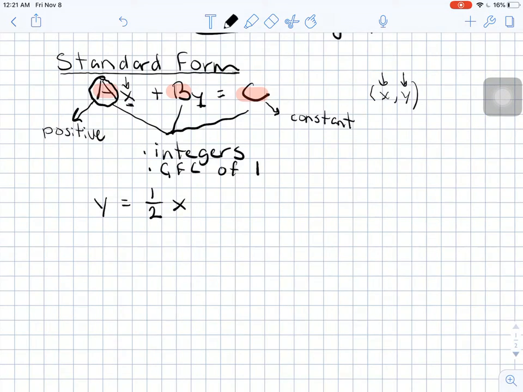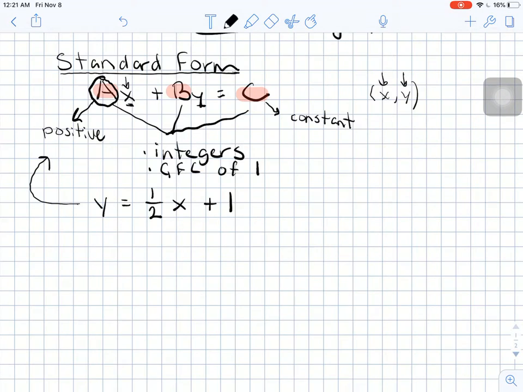So I'm going to give you an equation. Y equals 1/2 x plus 1. We'll keep this very simple. If this is a linear equation, then I should be able to take this equation and put it in that standard form format, because we said that all linear equations can be written in that form. So that means we're going to have to draw on some things that we used in the last